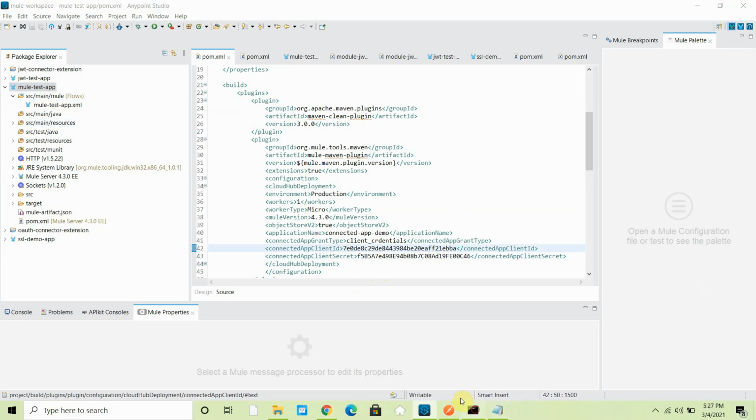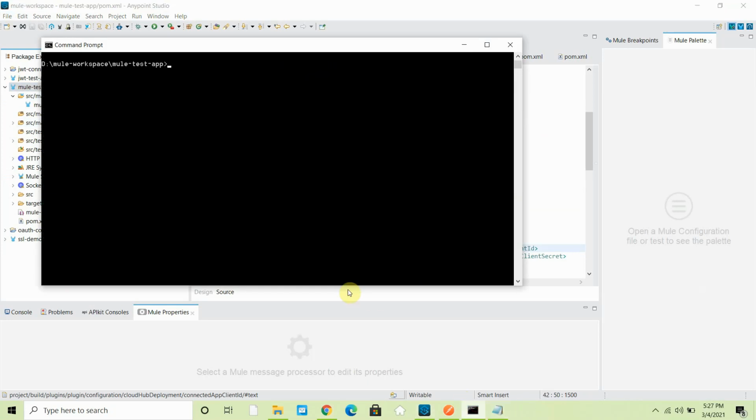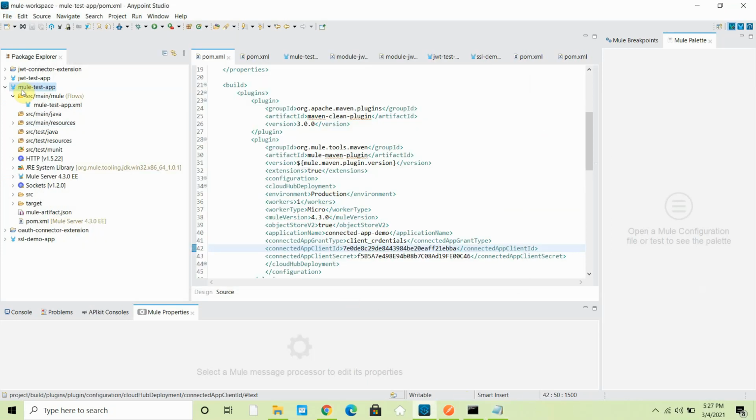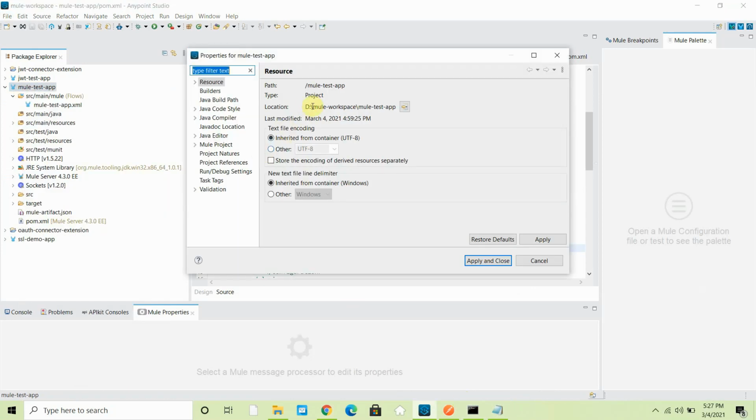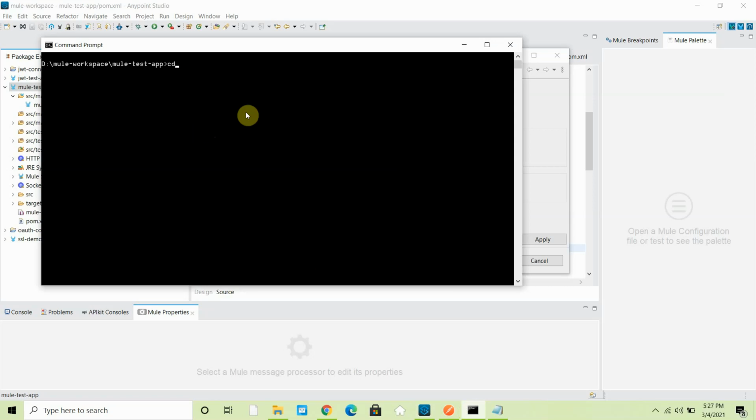Now just clear the screen, and let me copy this. I am at this particular path only, so I can use mvn deploy -DmuleDeploy.